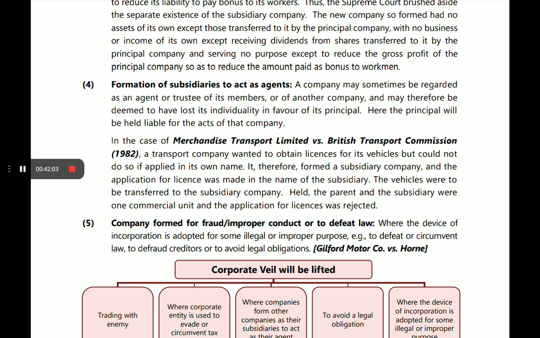The vehicles were to be transferred to the subsidiary company. It was held that the parent and the subsidiary were one commercial unit,